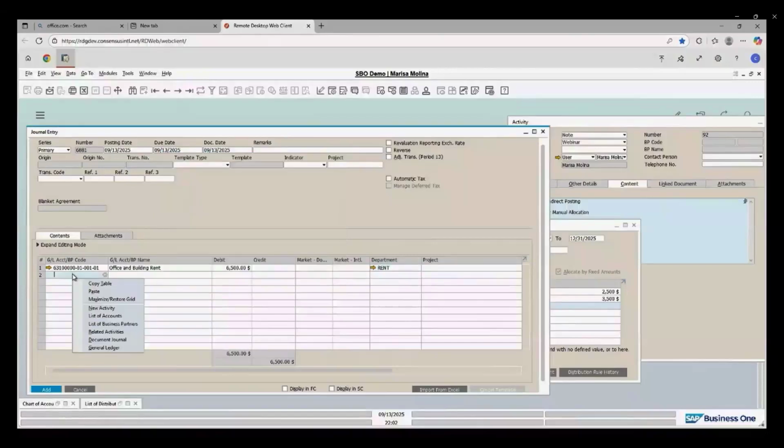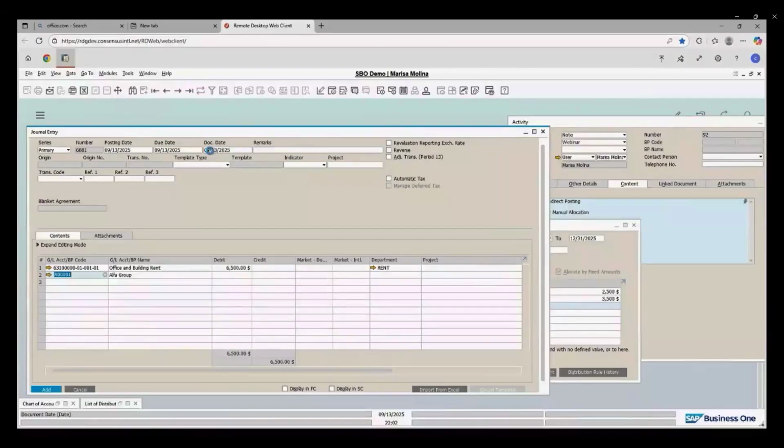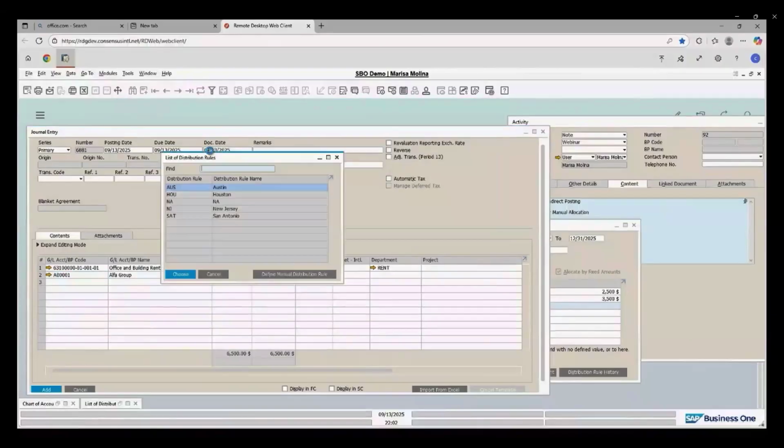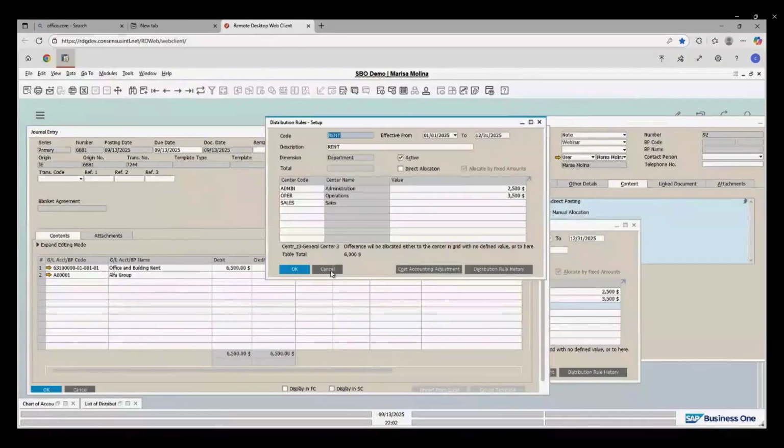I'm going to use, let's say, doesn't matter, anyone here, alpha group. So basically, no, I don't want to define anything. So I will say rent. Okay.